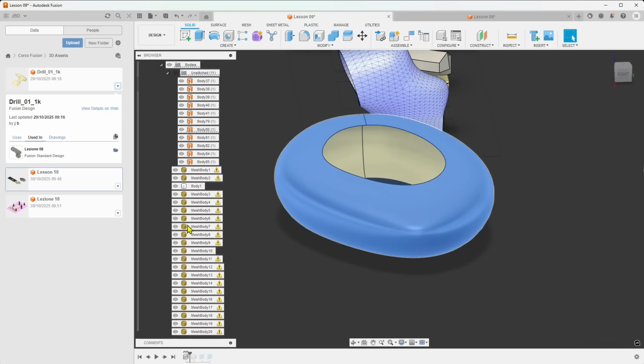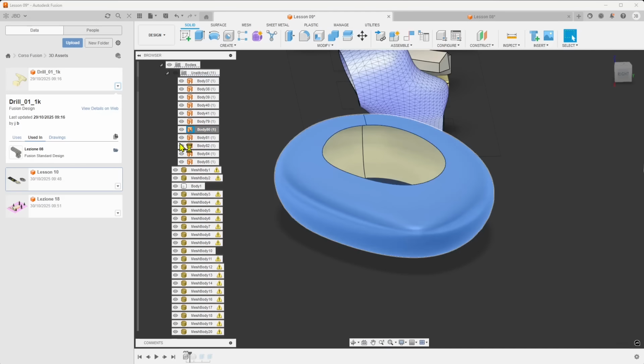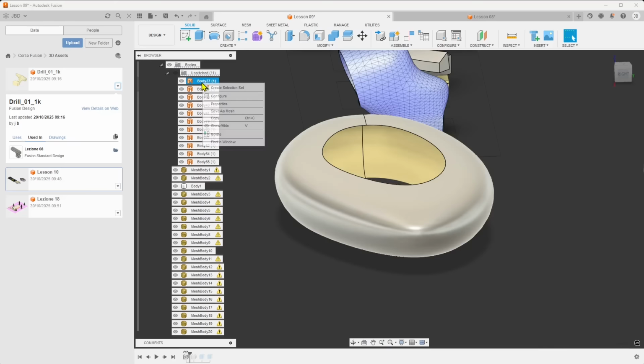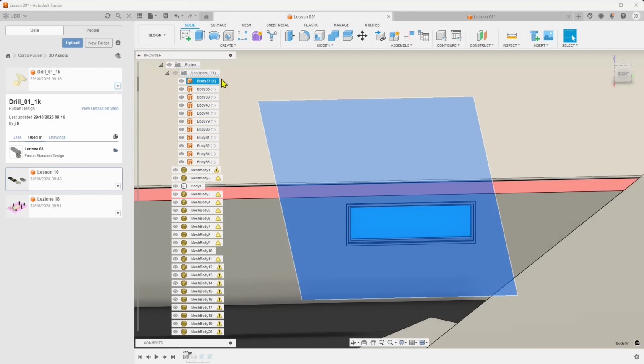So if you are in the browser, you don't see what you're looking for, you can select it from here, and you can see this is an open surface right here. So it's recognized as a surface. So if you right click, you can also do find in window. So for example, if I go on this other body right here, I can do right click and find in window, and it's going to bring me rapidly there. So it's a way to move to a certain position. And of course, it's better to give names